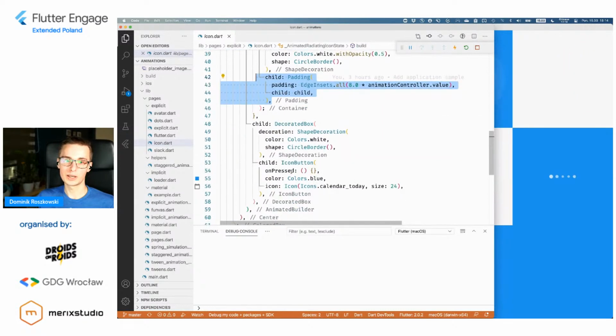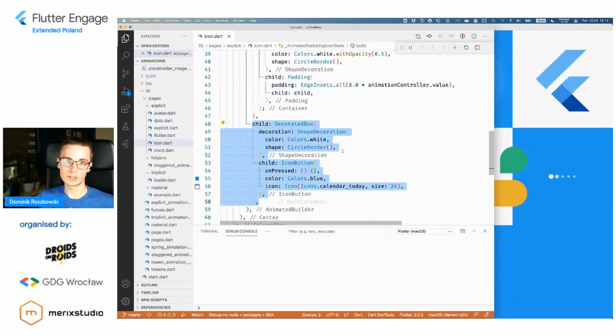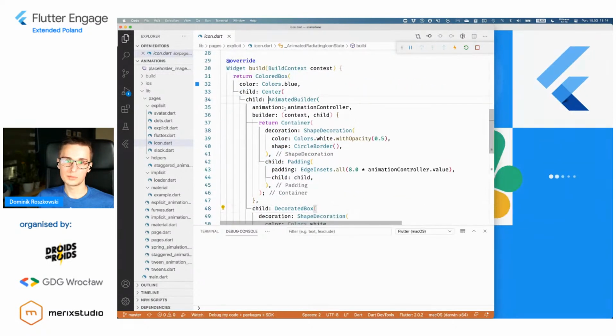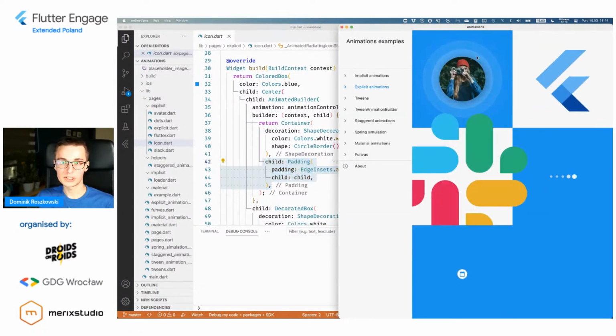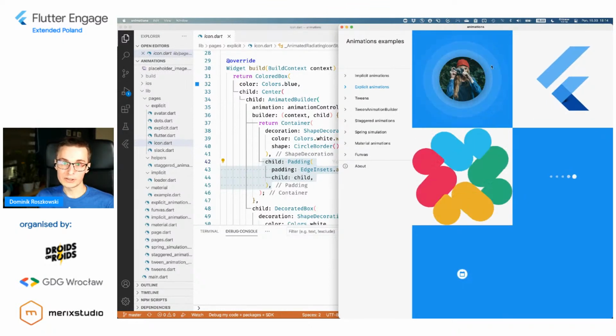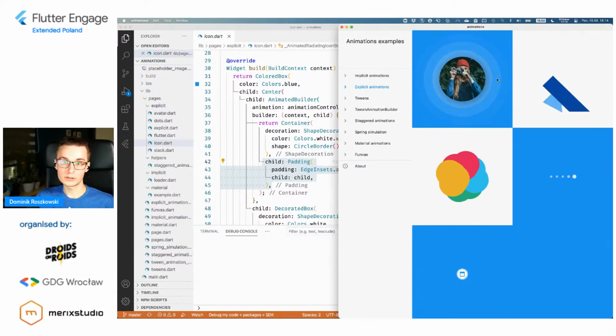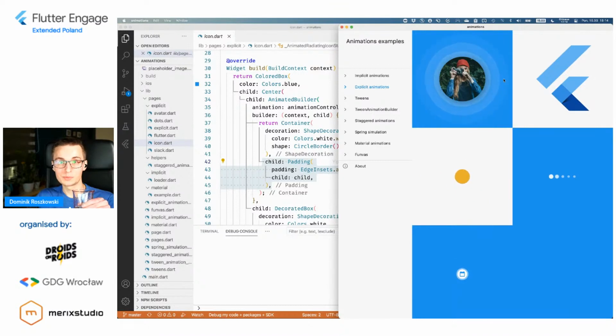Yeah, and my widget inside is just this decorated box. And I'm using animated builder. We're going to talk about animated builder in a second. But the most important part is this trick that I often share with people, and the same happens also here in this more complex animation, where I have a bunch of these overlaid circles. And what happens here is that I'm also changing the padding around them so that this appears to be glowing.